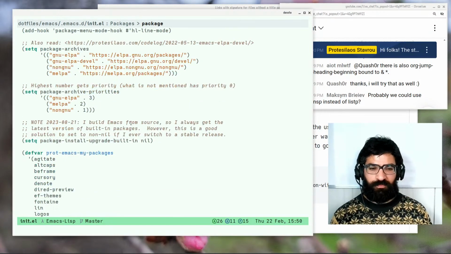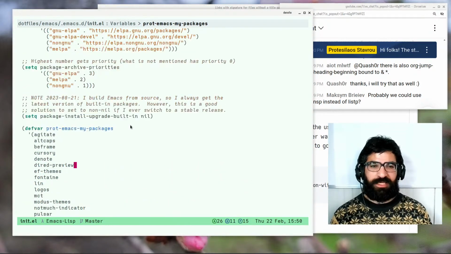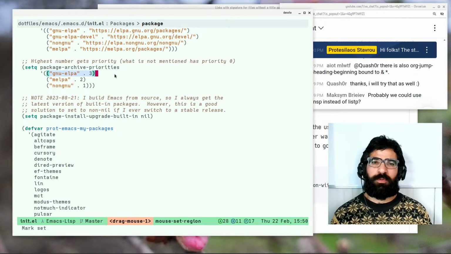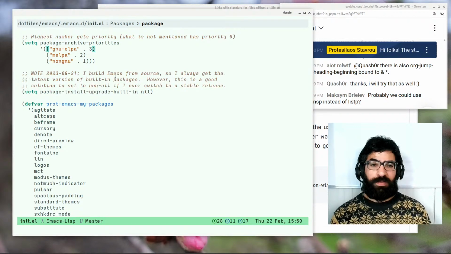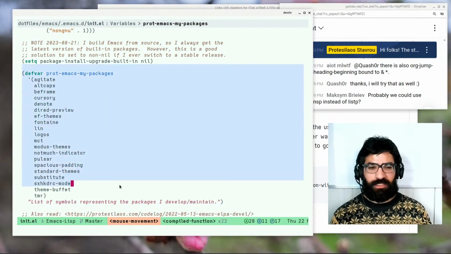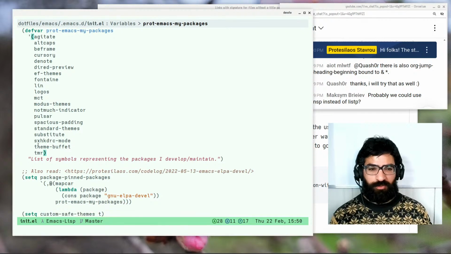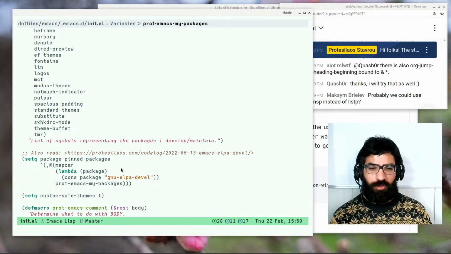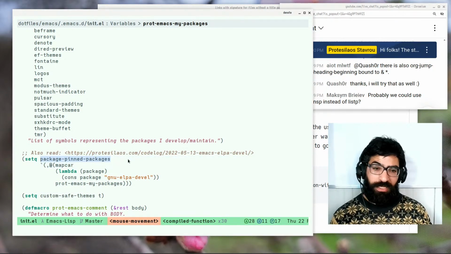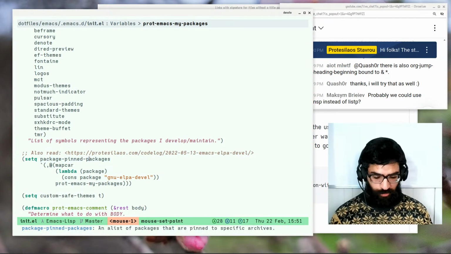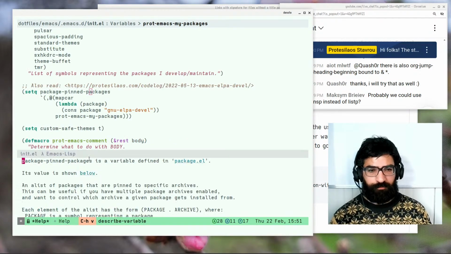And finally, if you want, like in my case, what I want is to get the stable version from GNU Elpa. But for some packages, namely the packages that I maintain or contribute to, so theme buffet is one I contribute to, the others are mine. So for those packages, I want to add them to the package pinned packages. And just to show you the value of this variable,